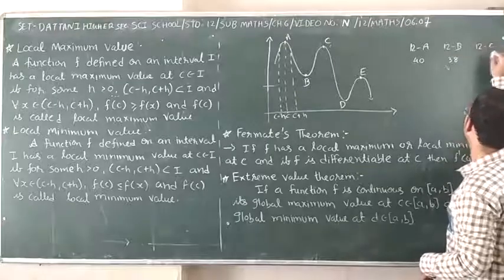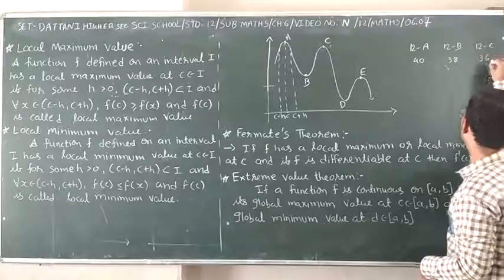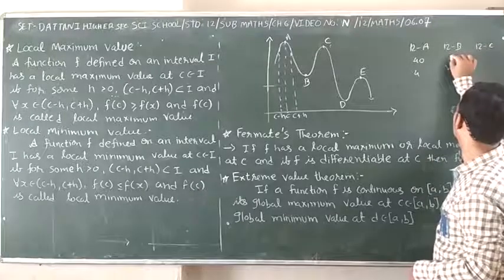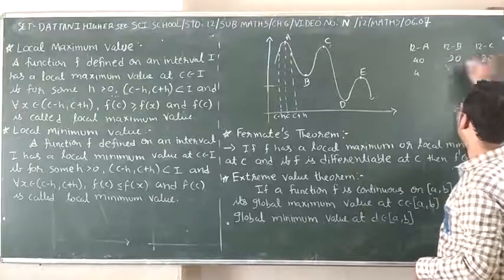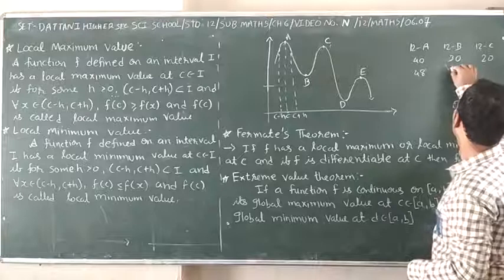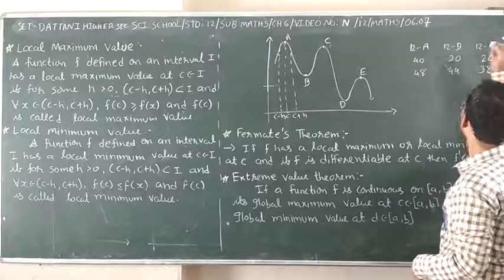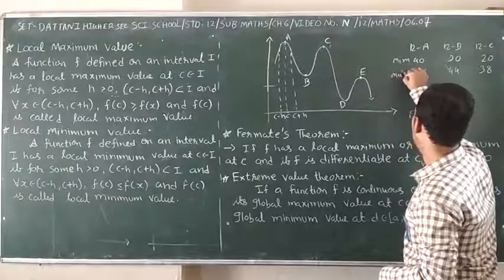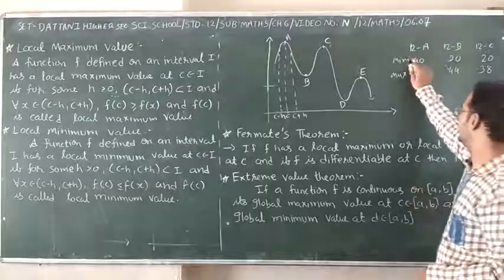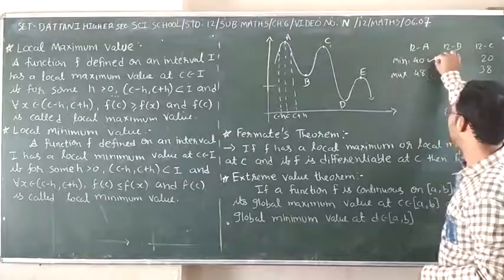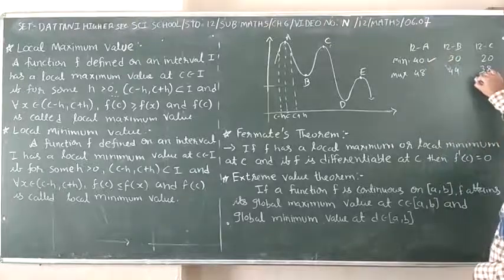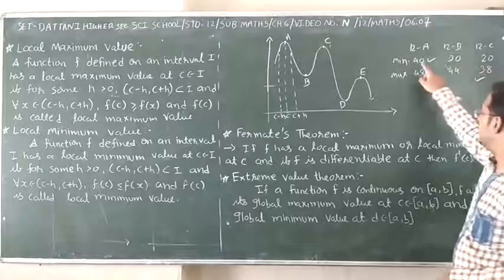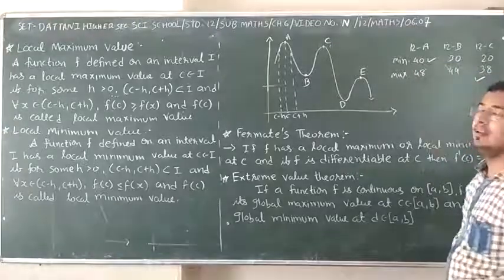And 12C taking 36. Okay, here highest is 48 for one class, here 44 and here 38. So let's check the minimum value for all classes and the maximum value for all classes. Here check the minimum value of one class. Here the maximum value of one class is less than that. Right? Here the minimum value is greater than the maximum value of class C.